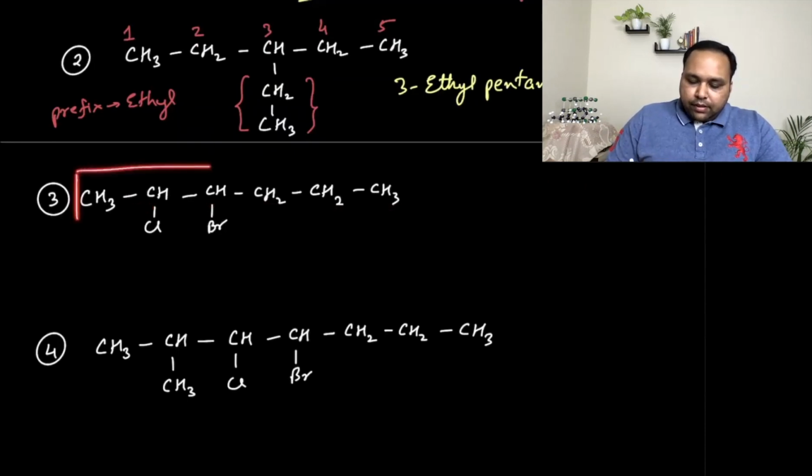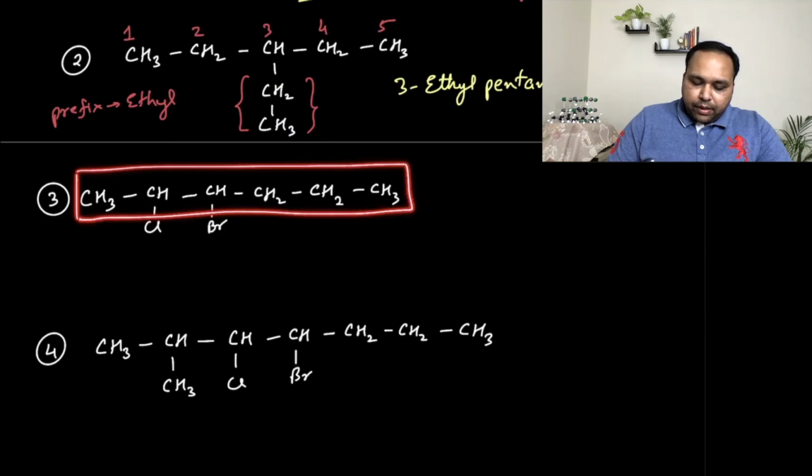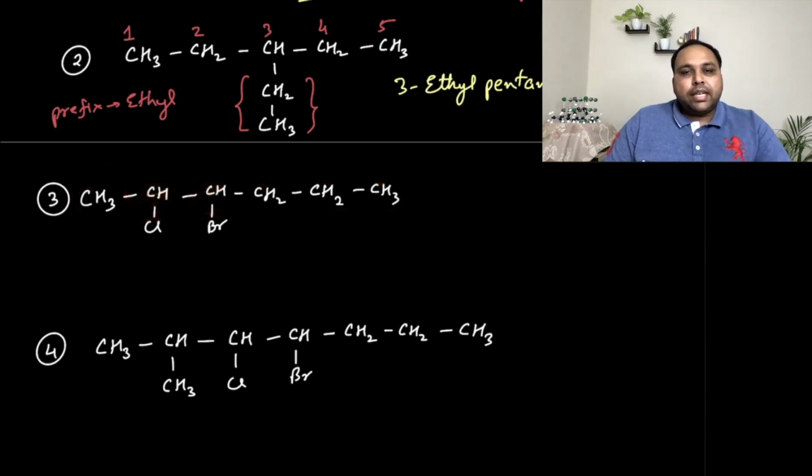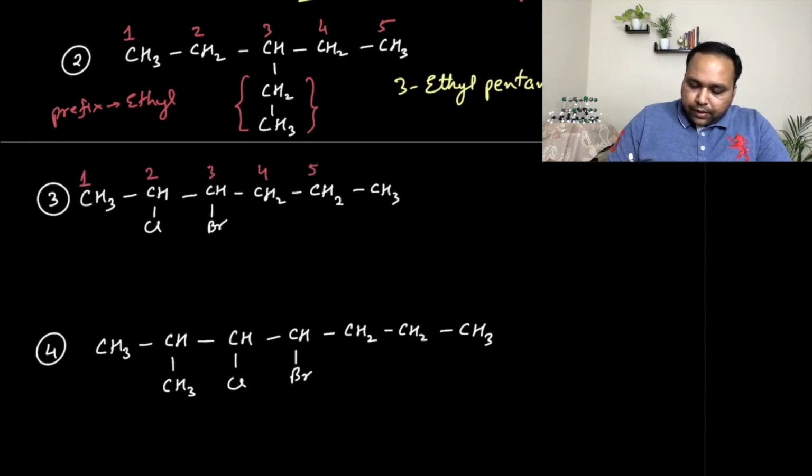And if we see the numbering, we see that numbering from left hand side is advantageous because the substituent is getting number 2. If we number from right hand side, you get 1, 2, 3, and 4. So definitely number 2 is smaller than number 4. And as we said, that numbering will be done in such a manner so that the substituent gets the lowest possible number. So let's identify our main chain. Let's mark it out. Let's number it out. So 1, 2, 3, 4, 5, and 6.